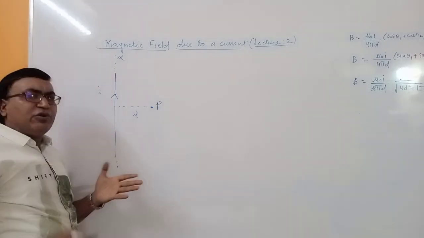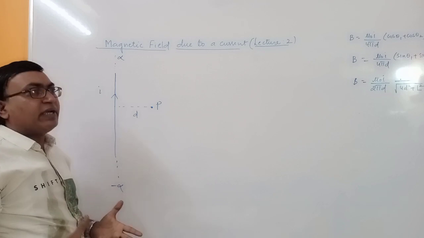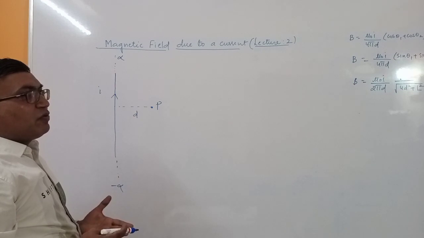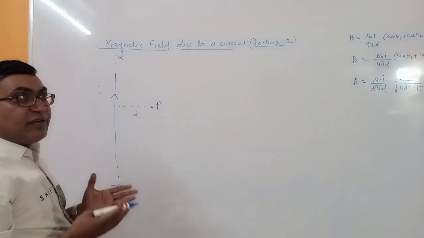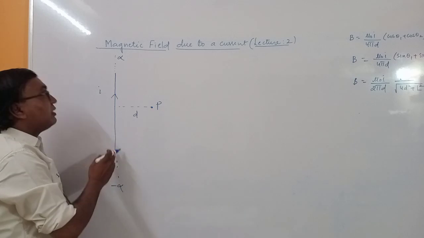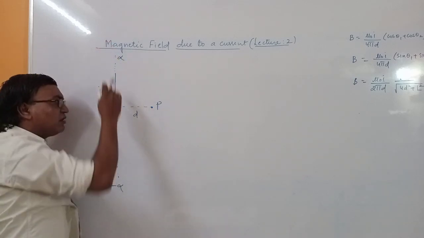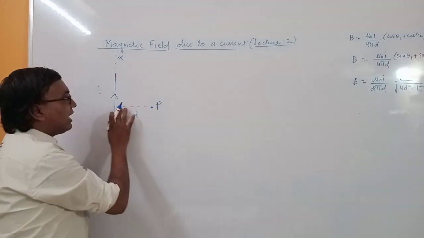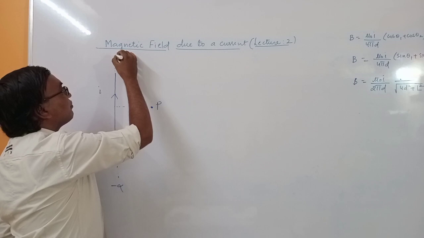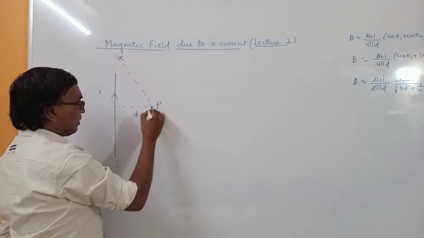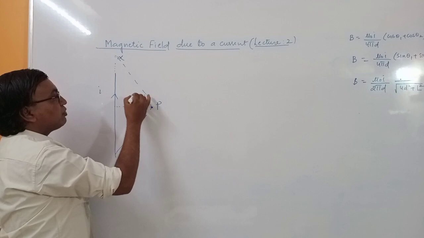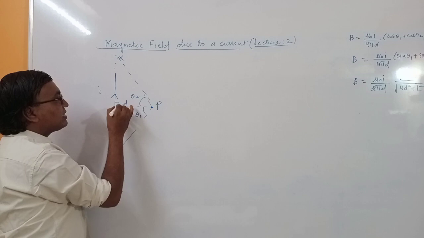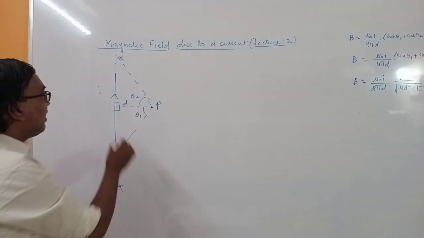Means it is a comparative term, infinity is a comparative term. Okay, so if I have a smaller amount, when I compare it to a very large amount, for me that will become infinity. So this is infinitely long, means it's very long compared to the distance at which you are finding out the field. तो यहाँ पे field निकालना है. Again we want to find out the angles. So this is theta 2 which we have considered. This is theta 1. और ये perpendicular distance है d for infinitely long wire.